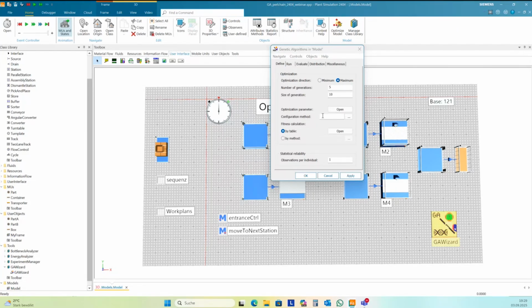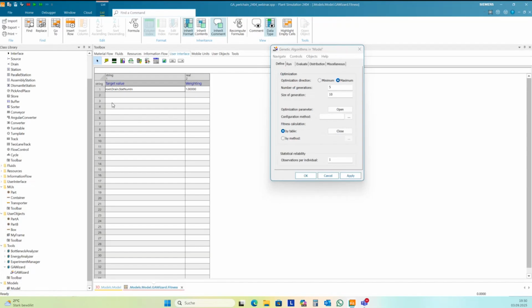Configuration methods: you can add here a method that is called every time an optimization run is running. We don't need this. Fitness calculation, you have two different ways. One is by table. If you open here the table, it's what I have dragged to the GA wizard, here it's .num_in. You can make much more complex fitness calculations by method.